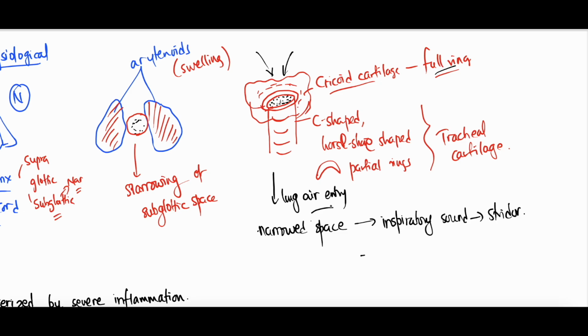Obviously when the child creates a sound, when he makes a sound from this small space, there will be hoarseness. Hoarseness of voice happens. And obviously when there is decreased air entry, the child will have respiratory difficulty, signs of respiratory distress. And since these airways are present above the sternal area,